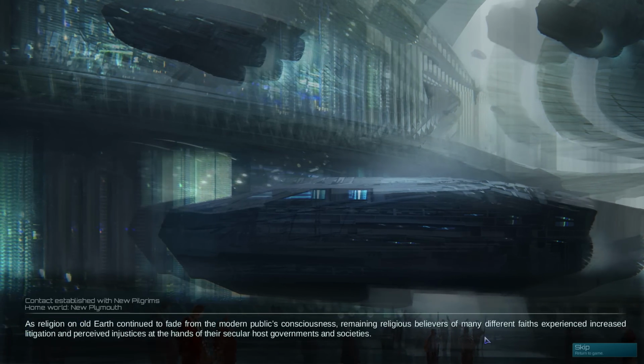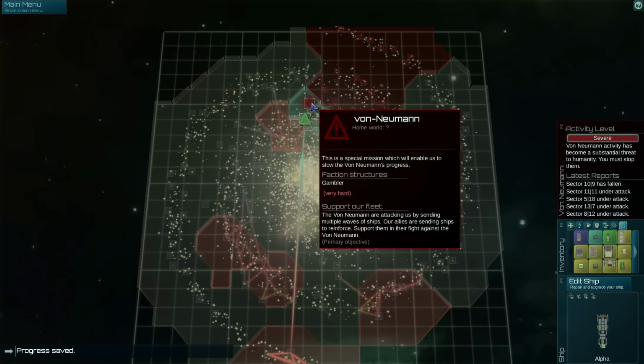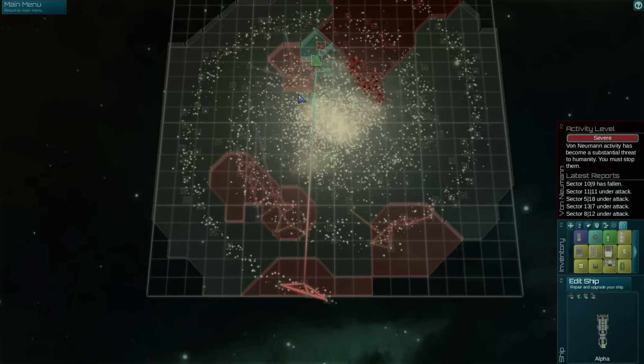New faction contact established. Galaxy map initialized. Alright, so we've met a new faction. Way the heck up here. This is where the Von Neumann are. These are the bad guys, right? The people that we actually have to kill. And